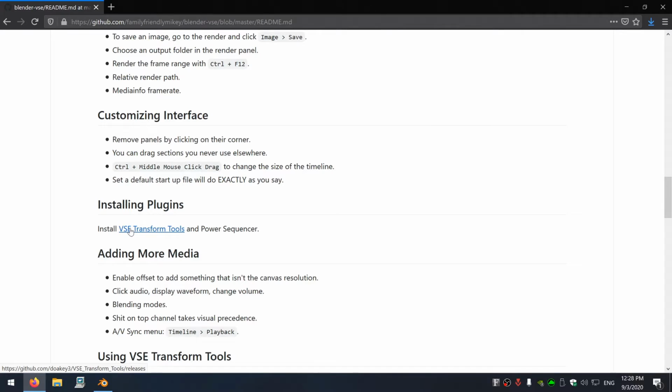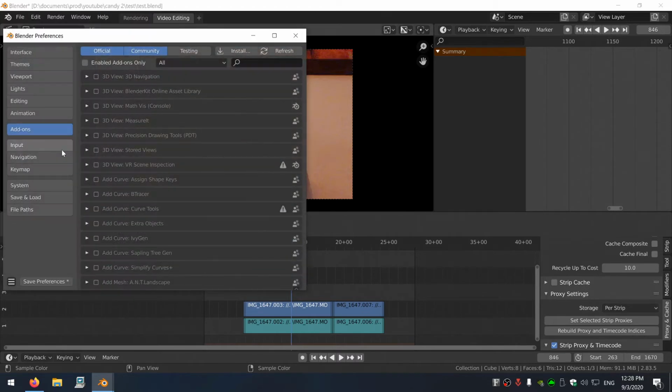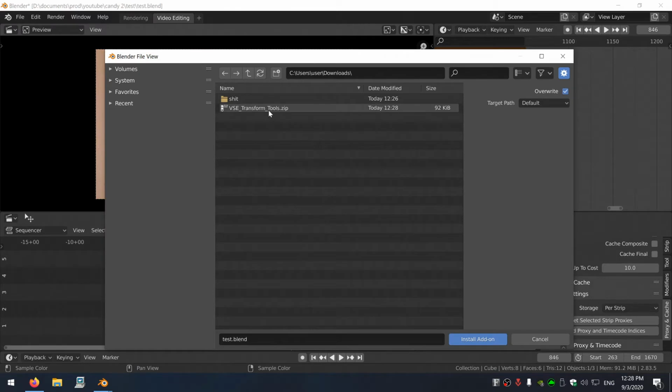Let's add the 2 plugins that will make our workflow really fast. The first one is VSE Transform Tools. Let's open this release page here. Click on VSE Transform Tools.zip. Now if we go to Edit, Preferences, Add-ons, and press Install, we can navigate to our Downloads folder and double-click